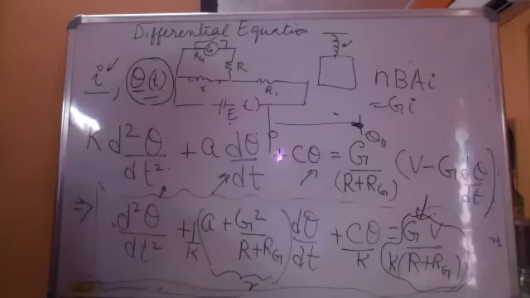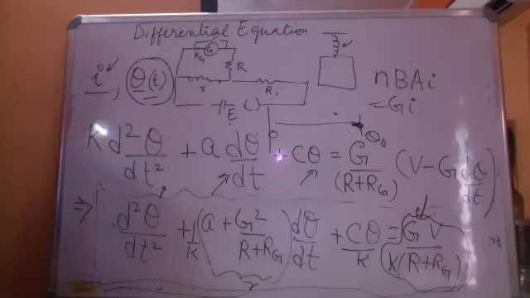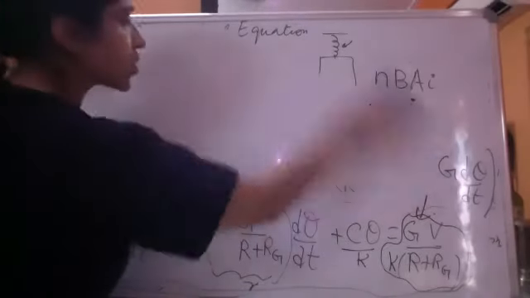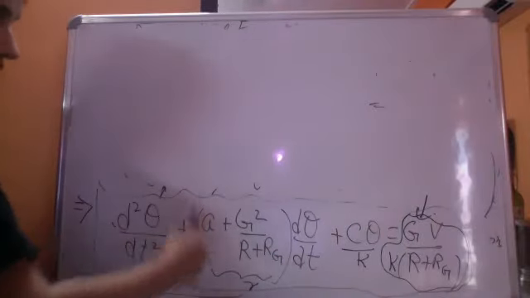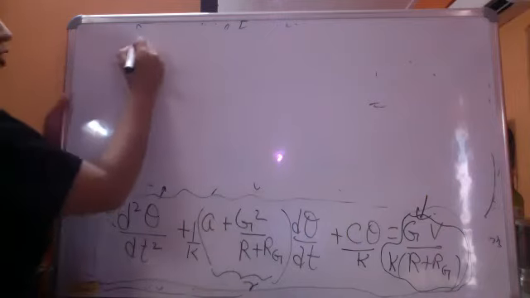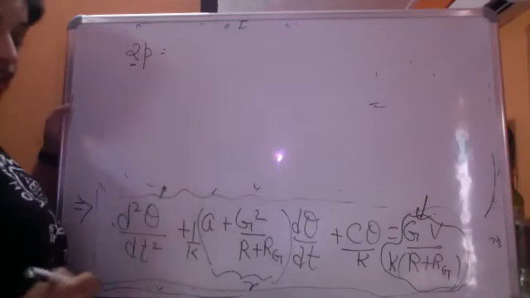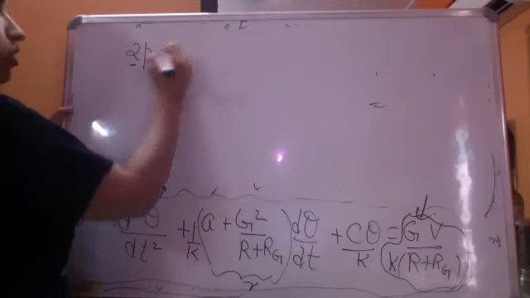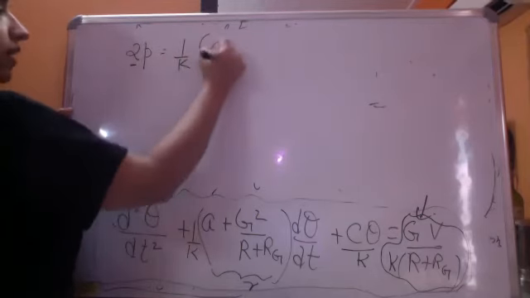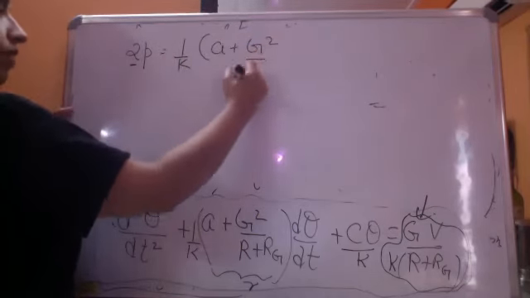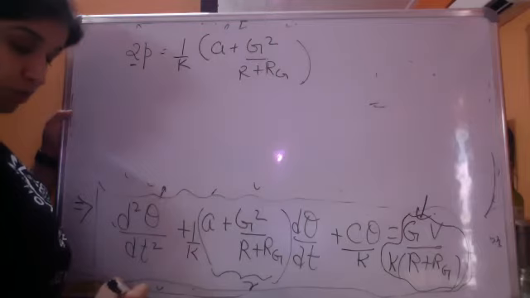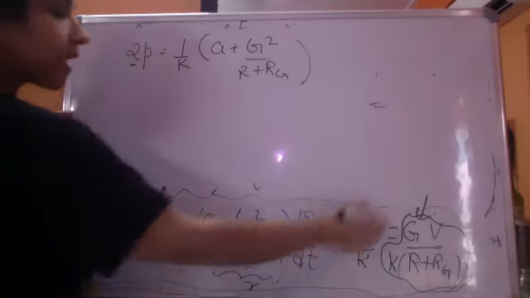Before I break, I will just write it in the form in which I will use it in the next class. I'm going to define a few constants and write down the final differential equation and then do the solution for that. I'm going to call this quantity here 2p. The reason I'm putting the 2 is that otherwise I'll have a half in the solution every time. So I'm going to call this quantity, 1 by k times a plus g squared over r plus rg, as 2p,